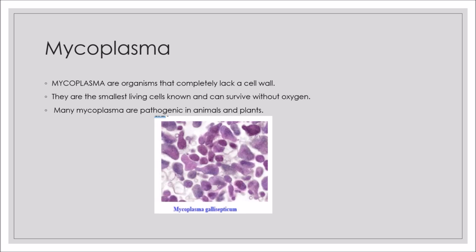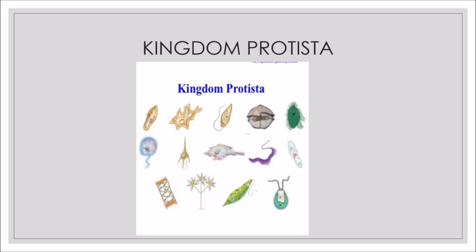The next kingdom is kingdom Protista. All the unicellular, one-celled eukaryotic organisms, that is, they have developed cell organelles, such organisms are placed under Protista. But the boundaries of this kingdom are not well defined, that is, what type of organisms have to be placed in Protista. So those boundaries are not well defined.